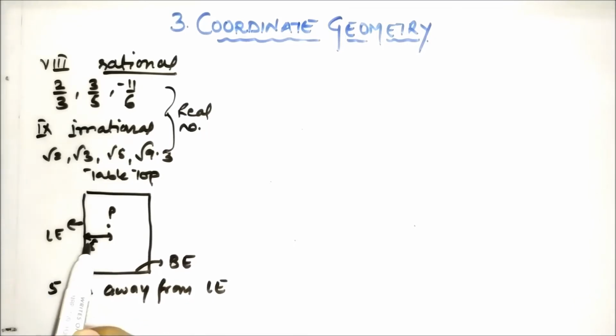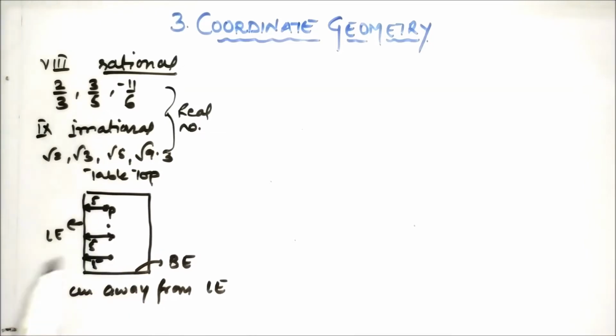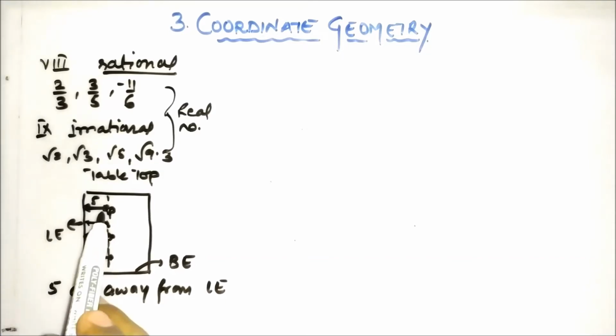Now at this 5 centimeter distance, you may get so many points. This can also be a point 5 centimeter away. This can also be a point 5 centimeter away. So all the points that are lying on this line are 5 centimeter away from the left edge. So which point will be considered as point P? Okay. So here, 5 centimeter away from the left edge is not sufficient information by which you can mark